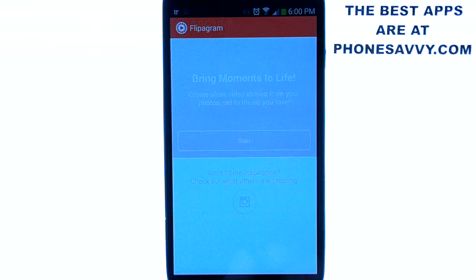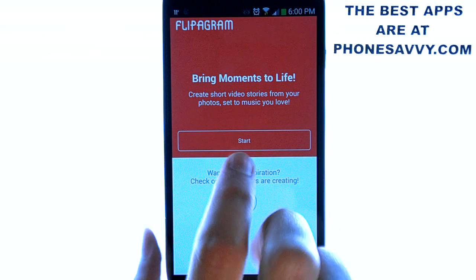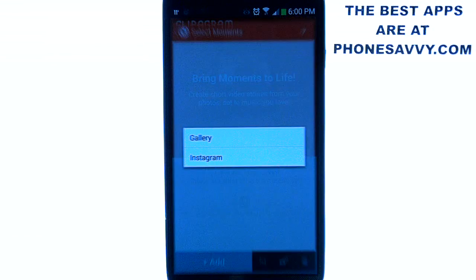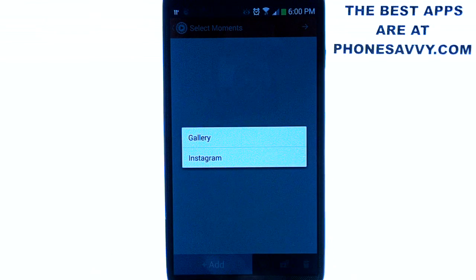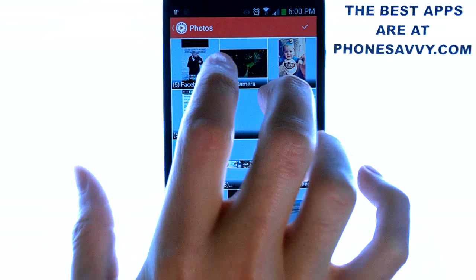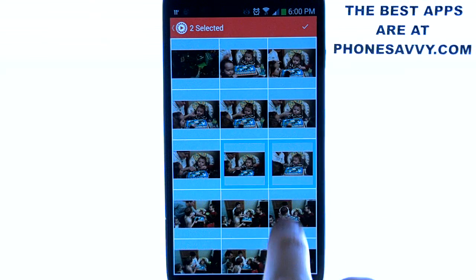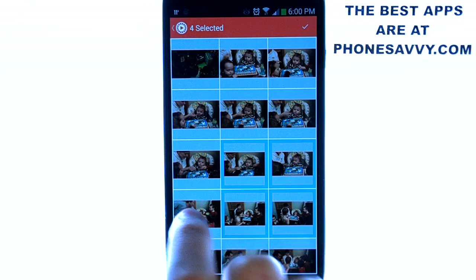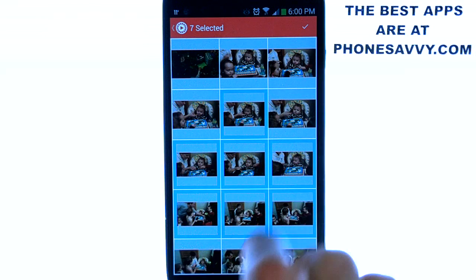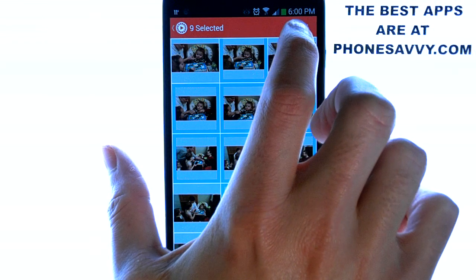When you bring up the application for the first time, it does give you an option to view what other Flipagram users have put together, so you can get some ideas of how you want to go about it. But when you're ready and you want to create your own, just hit the Start option, and then it will ask you to go to your gallery, and this is where you can pick out the photos that you want to use for this Flipagram. So just select the folder that you want to choose from, and then select the photos that you want to add. It'll create a blue border around the photos that you select, and you can go through and select as many as you want. When you're done, just hit the check mark in the top right corner,